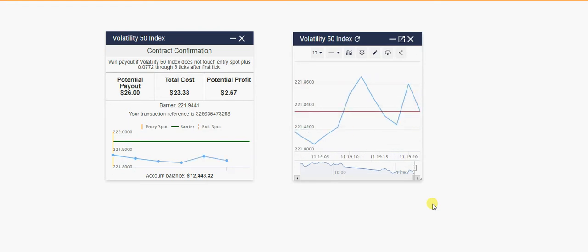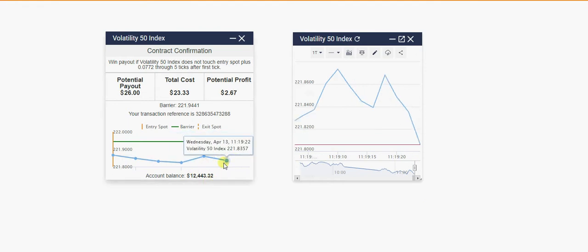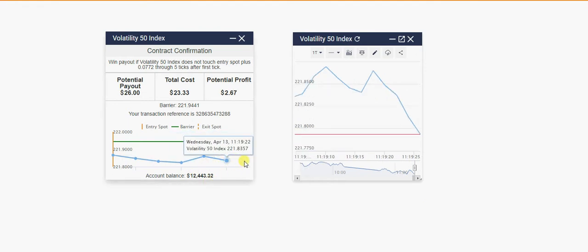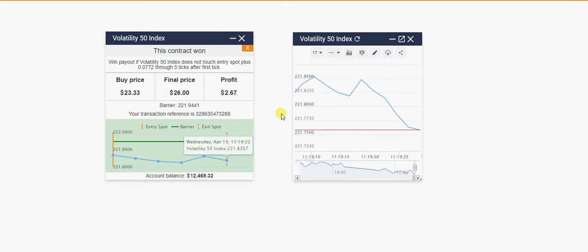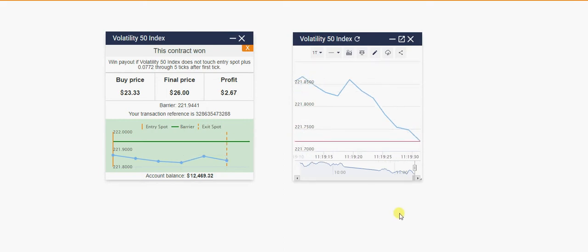You can see we already won that trade here in the green. You see right there, already won the trade. You can see it's green right there. I'm going to explain the strategy to you